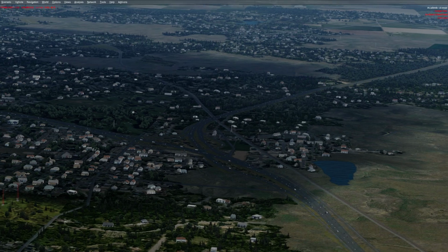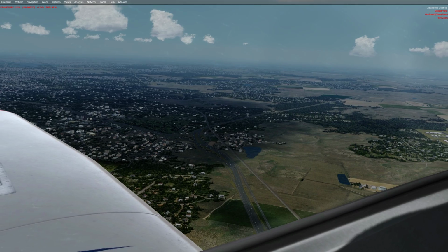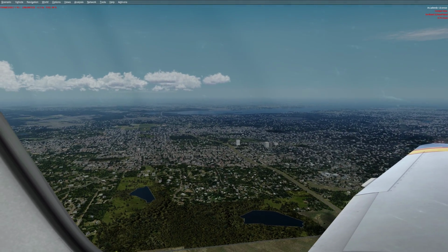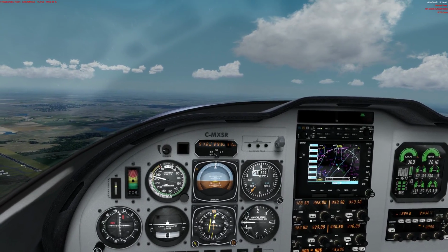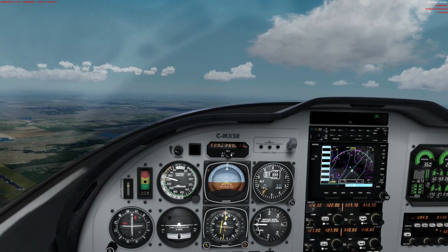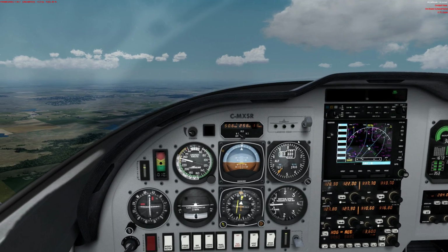Look at all the traffic. 50 miles to go, 11 minutes. We are really flying now, so